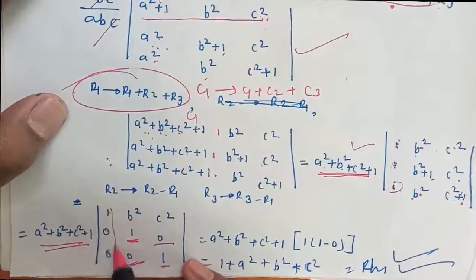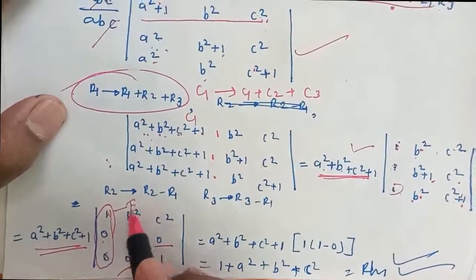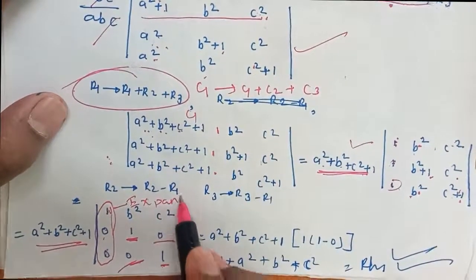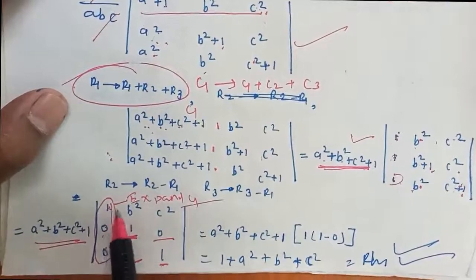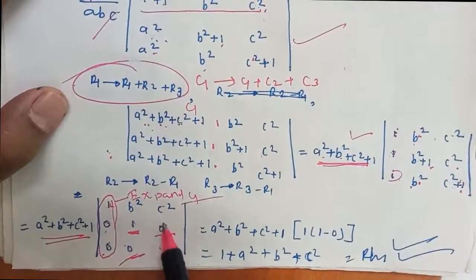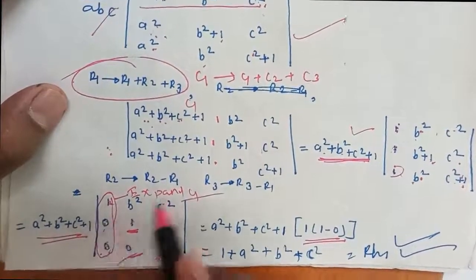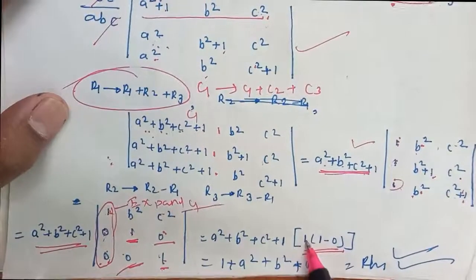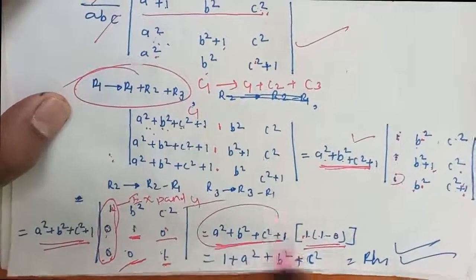So now see here, this is the column I got, 1, 0, 0. I have to expand along this column. So we are going to expand this determinant along column C1. 1 into what will come? Leave this row, leave this column, 1 into 1 is 1, 0, 0, 0. So 1 minus 0 is 1. This and this no need to write because 0 into anything is 0. So 1 into 1 is 1, and 1 into this is this. And this is what I want as an answer, and that is the proof.